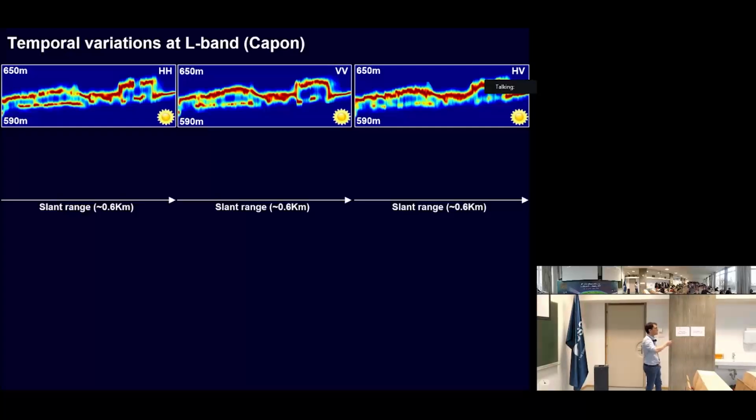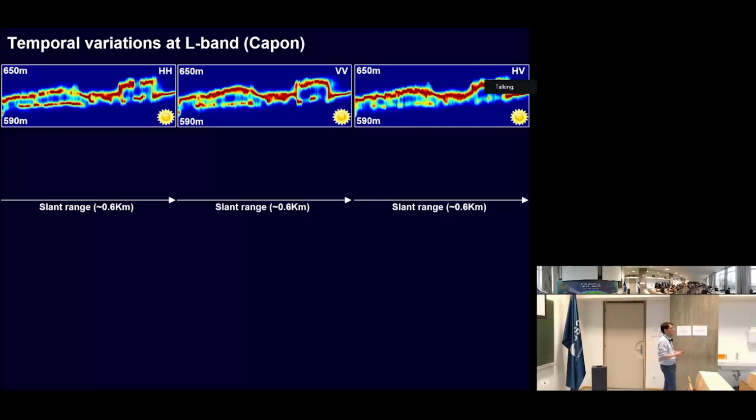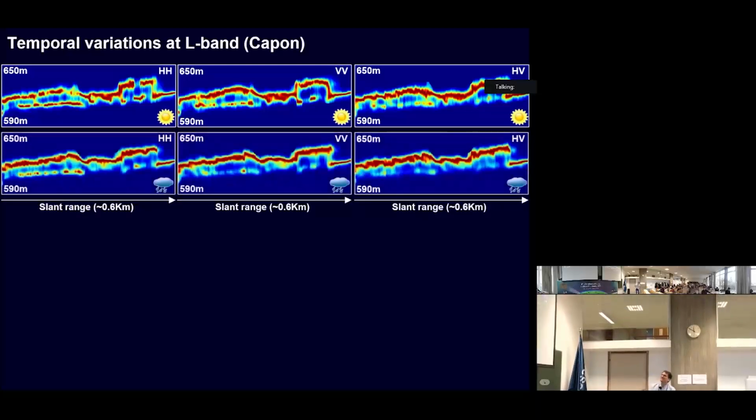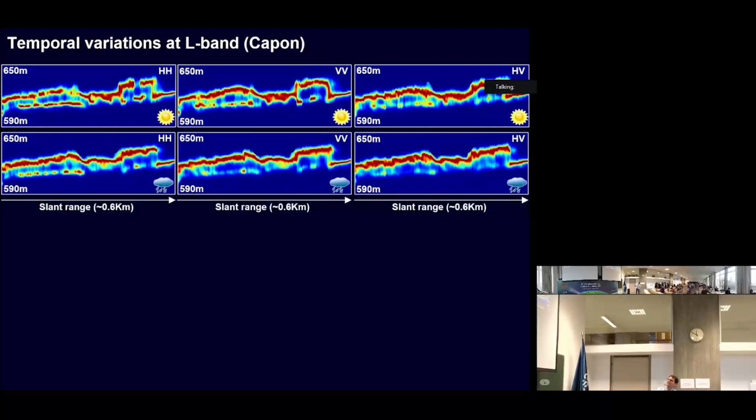In between, there was a heavy rainfall. So the forest was wet. What do we expect here? After the rain, you see more ground, less ground? You see less ground because the water content is larger and the attenuation is higher. That's indeed the case. So you see here, your ground is weaker, and that was the gap